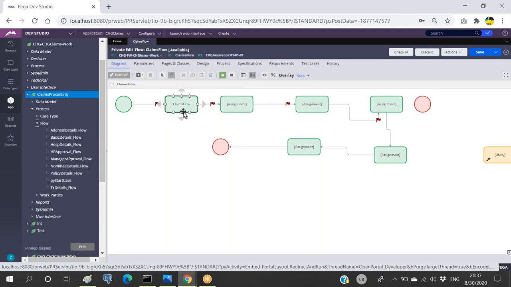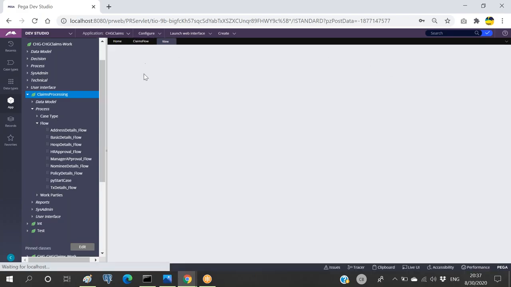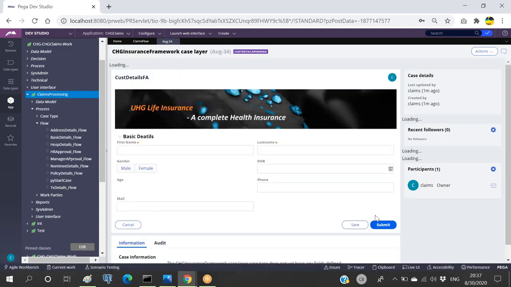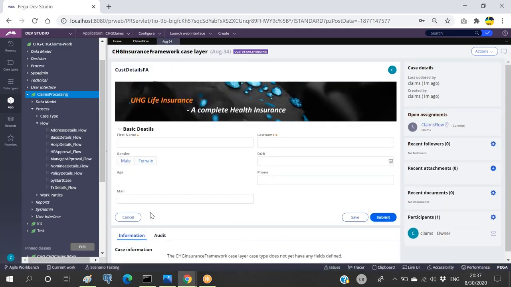Are we finding any option of coming back? If I run this, I can see one main flow created with the work object ID. One work object ID is created if I run the flow this way, and the same happens if I run the case type. And we will have options like submit, save, cancel. These are all the things we get from the OOTB section. If I enter any details here,